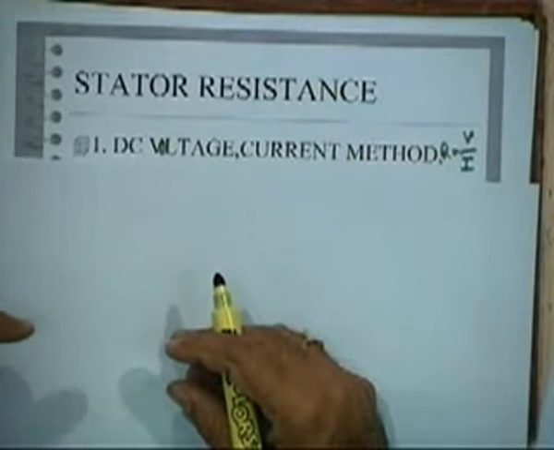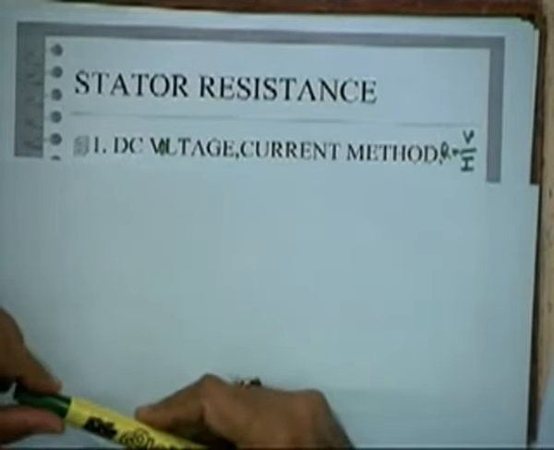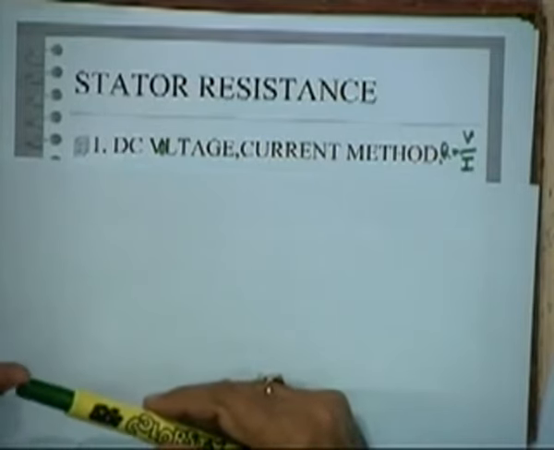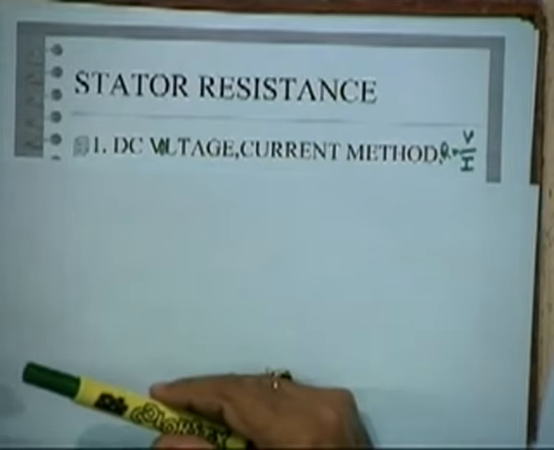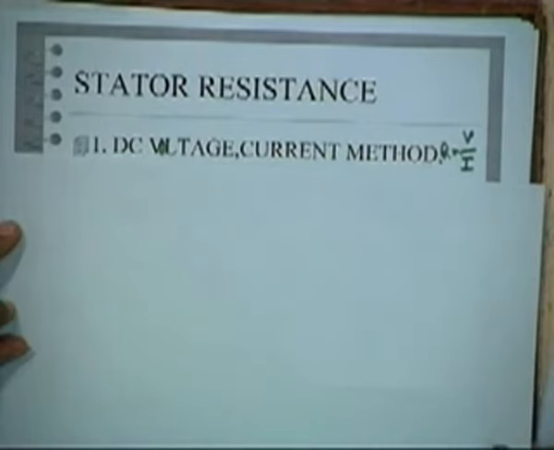How much voltage should you apply? The nominal voltage of the motor or less voltage? If it is a 415 volts nominal voltage, your DC voltage must be very small, because if you put 415 volts, your motor will burn. You are applying a DC voltage, right? So be careful, you apply a small voltage so that the current doesn't go beyond the rating. That is one thing that you will have to take care of.